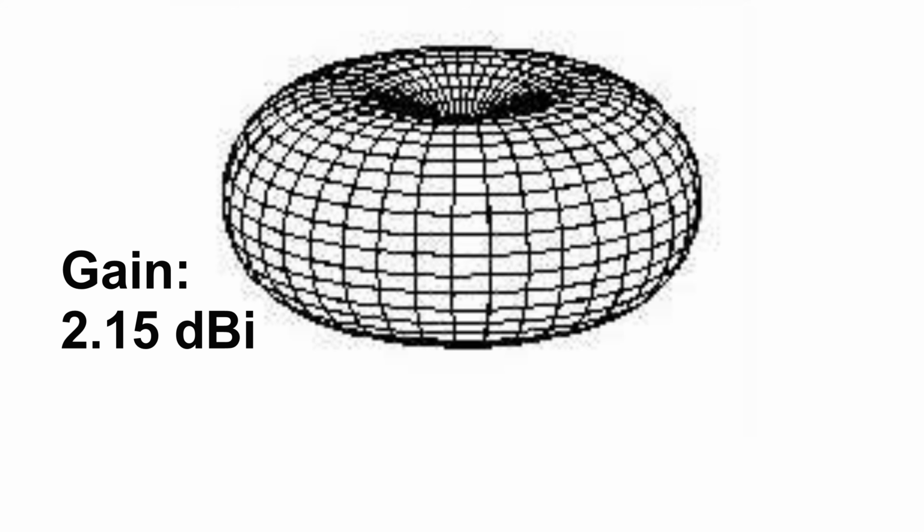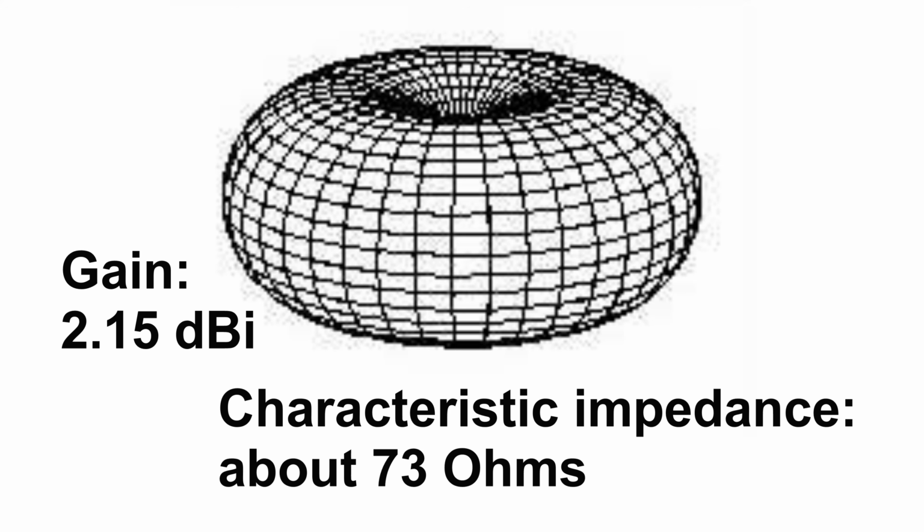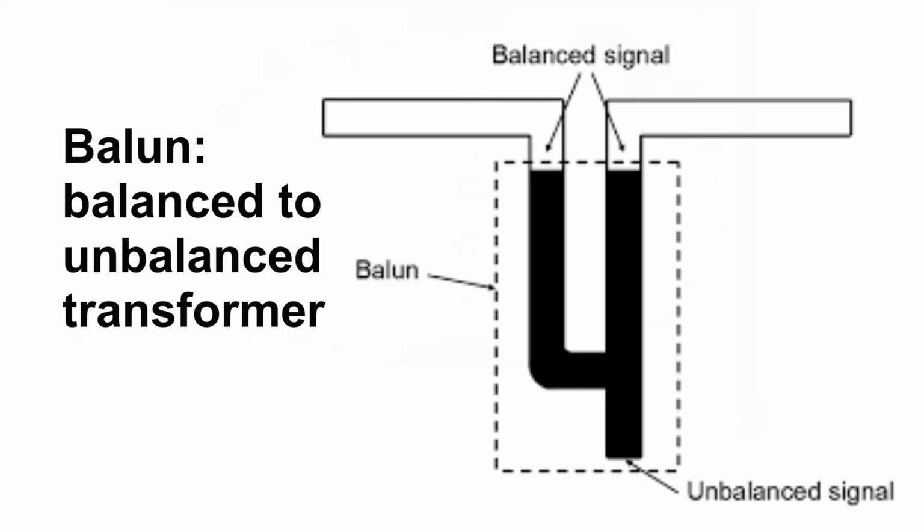For a half-wave dipole in free space, the characteristic impedance at the center feed point is approximately 73 ohms. This is a relatively close match to standard 50 ohms or 75 ohms coaxial cables. Because a dipole is a balanced antenna, but coaxial cable is unbalanced, a balun, balanced to unbalanced transformer, is often used at the feed point to prevent feed line radiation and maintain a clean pattern.